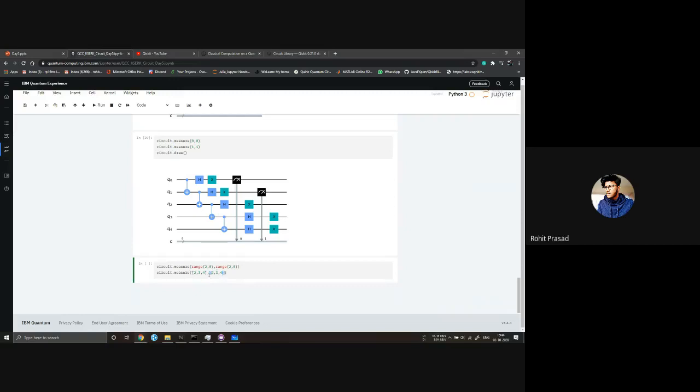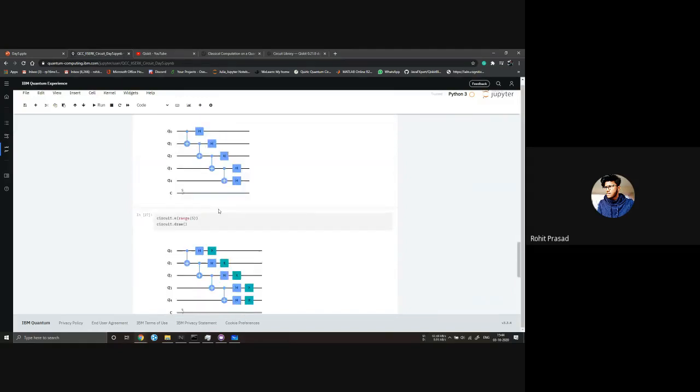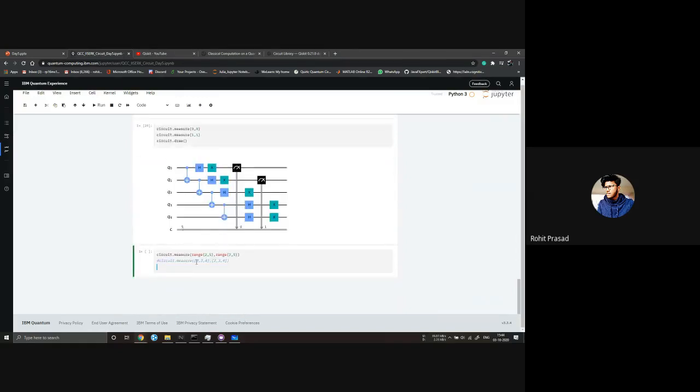Okay, so these are the same thing, right? Just like this range in the h thing, the thing here is the same. From 2 it goes to 2, 3 goes to 3, 4 goes to 4. You can also write something like 3, then 2, then 4, or anything you want, any register you want it to be stored on.